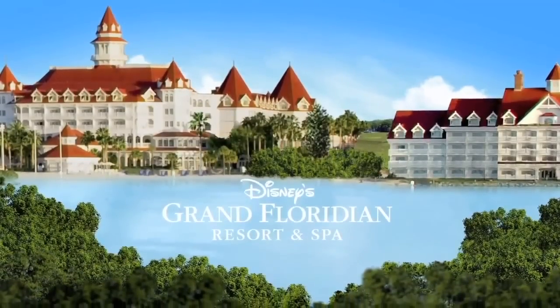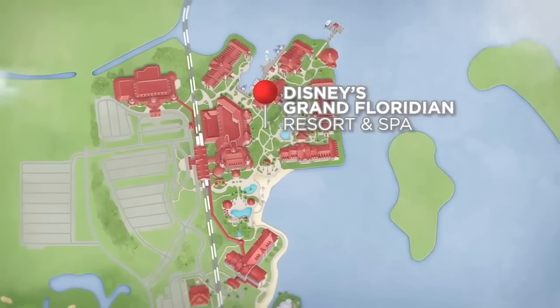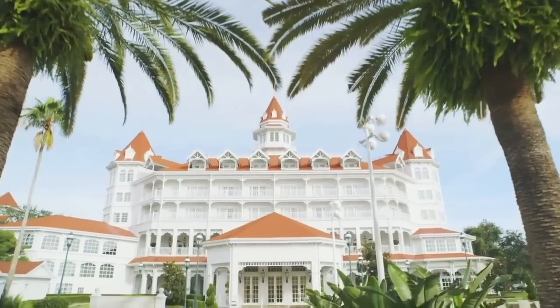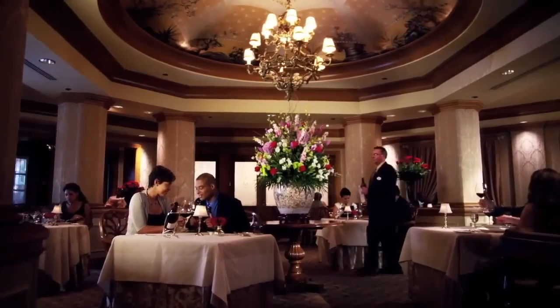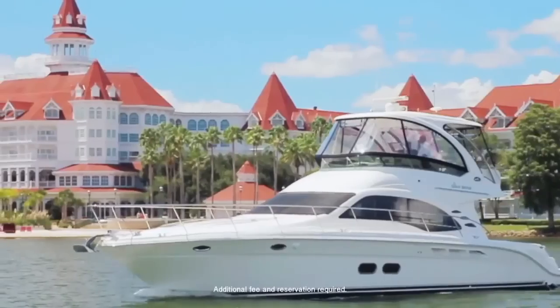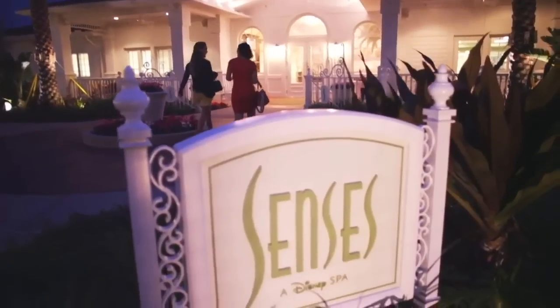So Disney's Grand Floridian Resort and Spa is a Victorian-themed luxury hotel and spa located opposite the Magic Kingdom across the Seven Seas Lagoon. It's known as the Walt Disney World's flagship hotel, and for good reason, boasting over 10 dining locations, including the most expensive restaurant on property, Victoria and Albert's, various recreation facilities, including boat rentals, amazing swimming pools, and of course